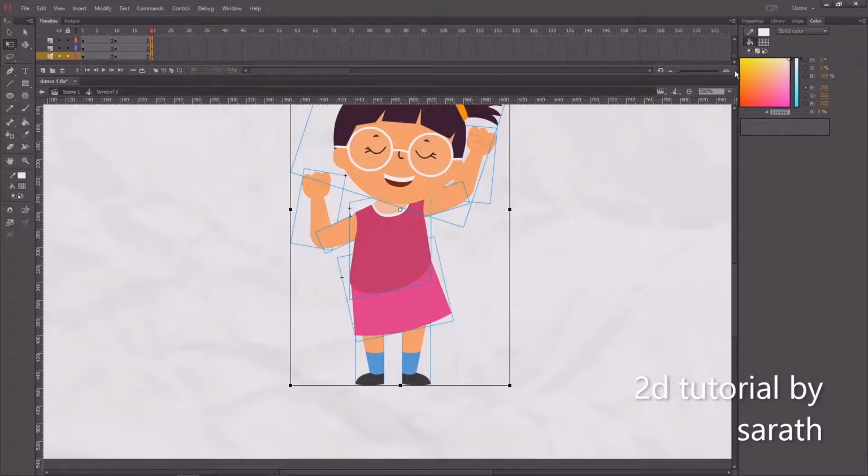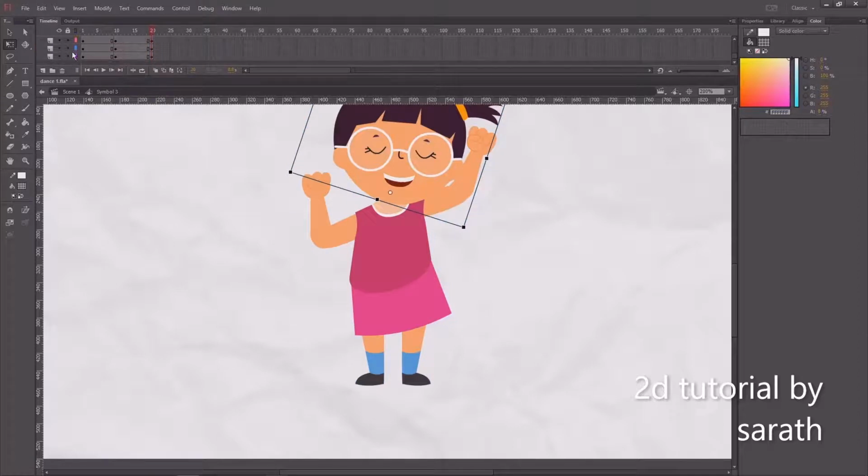The dancing poses are ready. Now we have to give the classic pin between these keys.